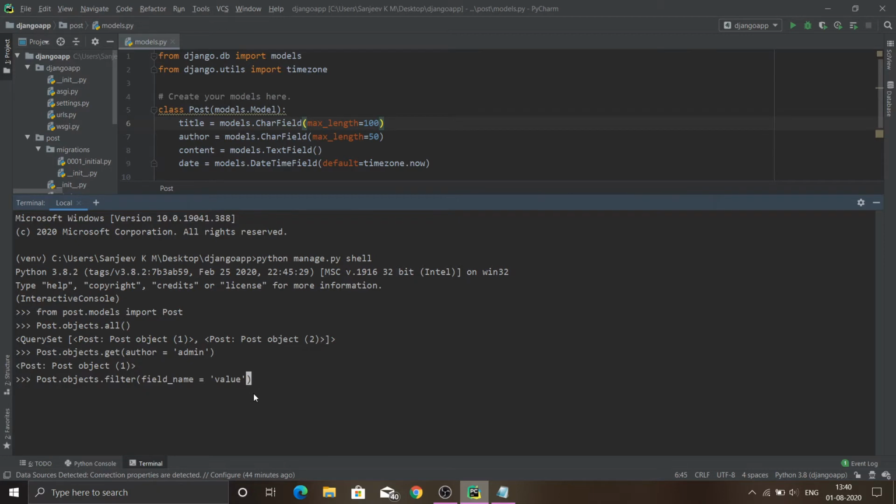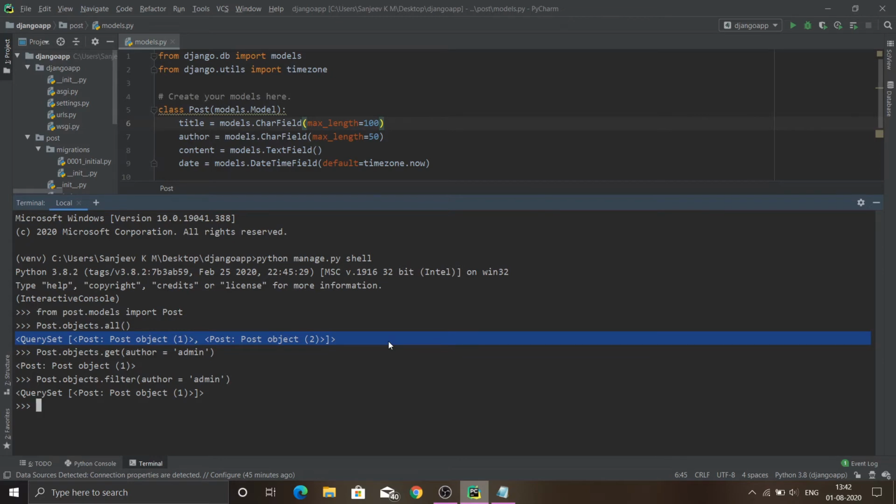It also accepts a field name with its value, and if we say author and the value of that, for now it's just showing me one value. But if this admin author has numerous posts, it will show all those posts in an array format like this, in a query set format.